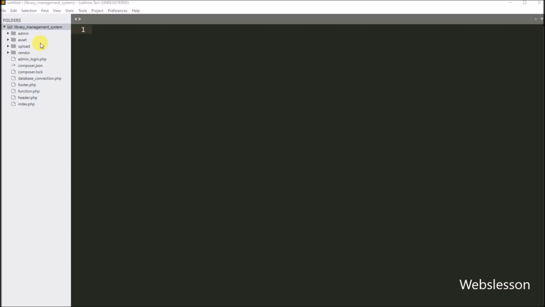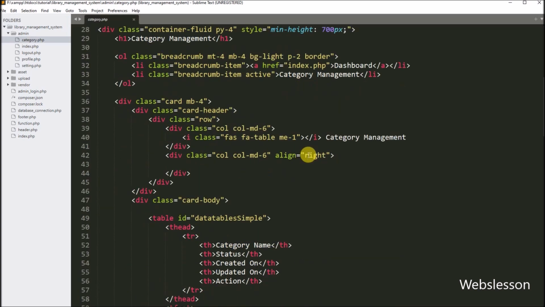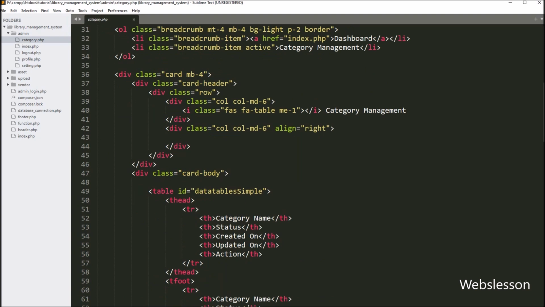Now we have opened the category.php file, and under this file we want to make a link, so by clicking on that link, the admin can reach the add category web page and add book category data under this system. So for this, here we have written an anchor tag with the href attribute equal to category.php with a question mark, action variable equal to add, and under the anchor text we have written Add, so by clicking on this button, the admin can reach the add category form.